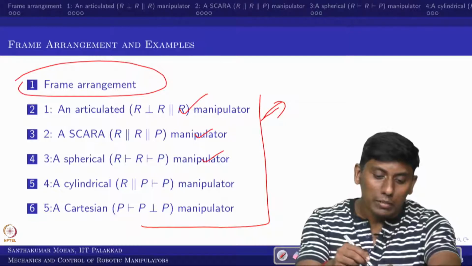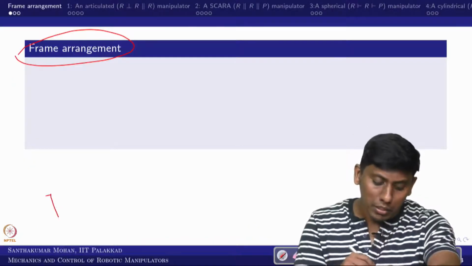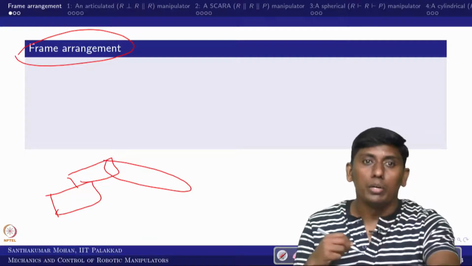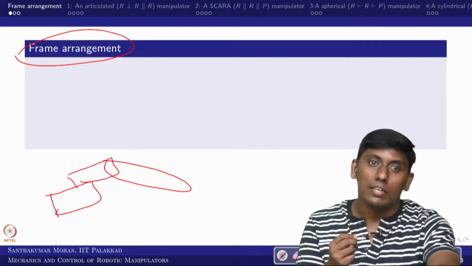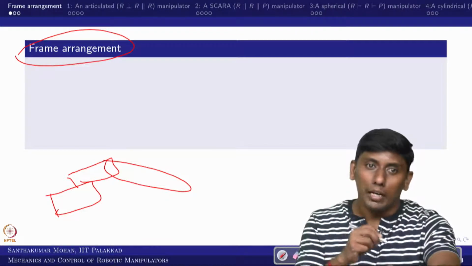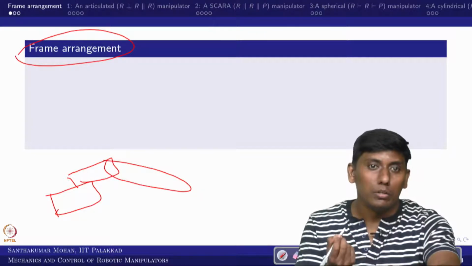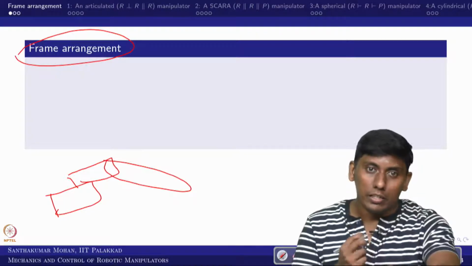Let us go to the frame arrangement. Why are we thinking about frame arrangement? For example, you have several bodies. How can you fix your joint axis, and in what way can we fix the joint axis? If you fix the joint axis, where can you fix your frame and where can you fix the x axis? All those things you need to follow, so for that we are going to follow a small set of procedures.